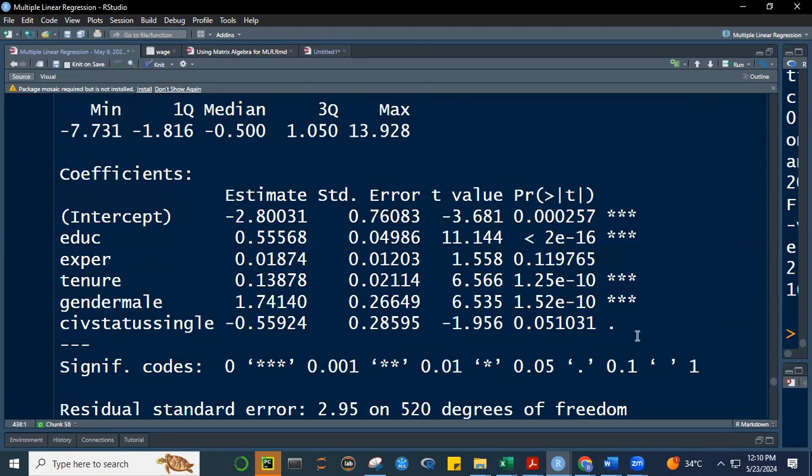Okay, so experience became worse, no? Okay, kanina medyo may 1 star, 1 dot siya. Ito, si civil status, naging mas significant siya, no? Although hindi pa rin siya significant. Okay, but same plus same